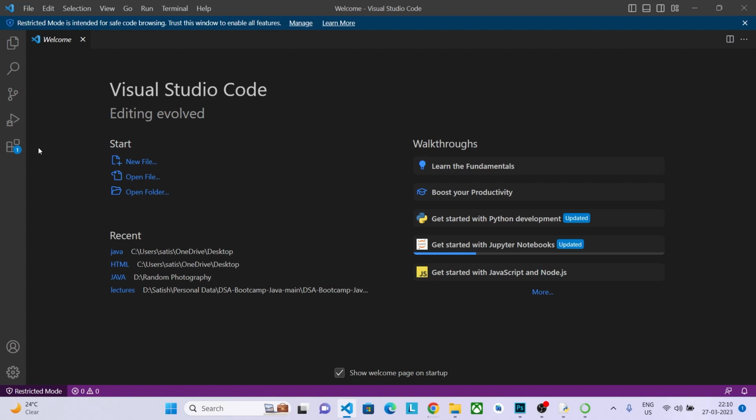PyCharm also provides those features, guys. It is also good. Mainly PyCharm is only for Python, guys, but this Visual Studio Code and Jupyter Notebook, I mean Anaconda, these two things will work with any language. After installation,